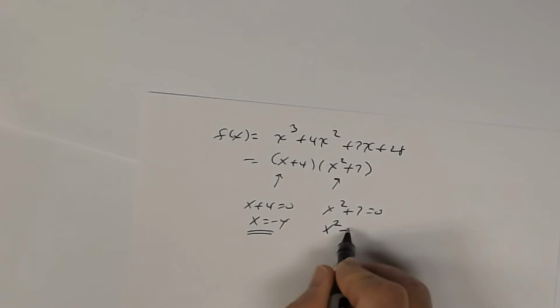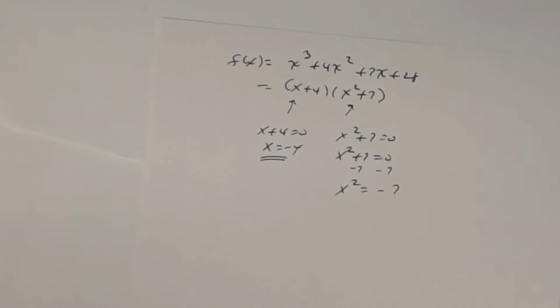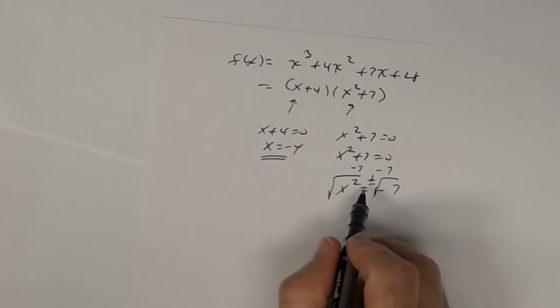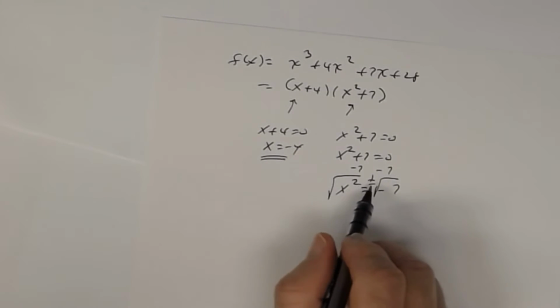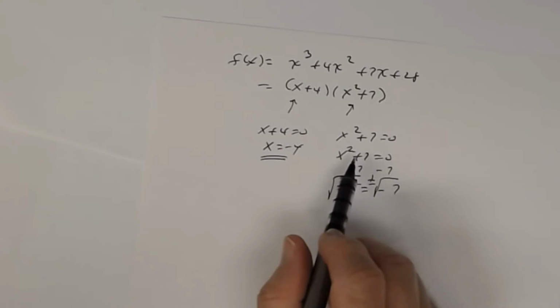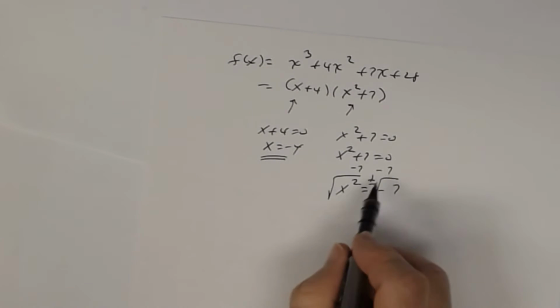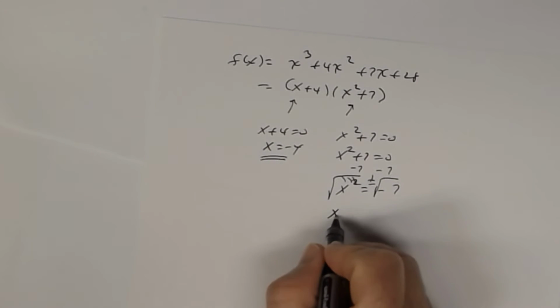So I get x squared plus 7 equals 0. And so I'm going to subtract 7 from both sides. I get x squared equals negative 7, right? Then I'm going to take the square root of both sides using the square root property. Don't forget the plus and minus. One of the things that students sometimes do when they use the square root property is forget the plus and minus. Now, if they had used the quadratic formula, the plus and minus would have already been in there. So be careful. So the square root and square cancel each other, so you get x equals plus and minus